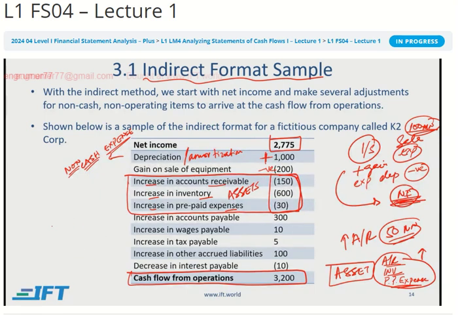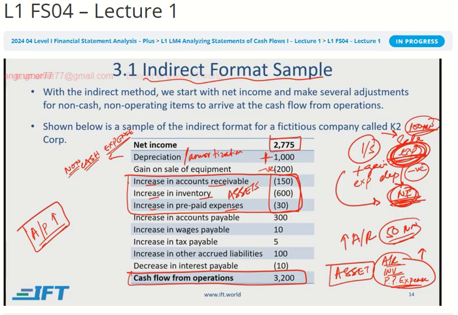However, when you talk about an increase in liabilities, such as accounts payable going up, it means you have got some supplies from your suppliers, but you haven't paid for it. So that means it's a good thing, right? You recorded this expense in your income statement, you got your raw material, it helped you generate this income, probably helped you generate the sales as well, but you haven't paid these suppliers. Naturally your accounts payable is going up, which means the amount that you've purchased from them is a lot more than what you've paid to them. Therefore the balance of accounts payable is going up, and this is good as far as cash flow